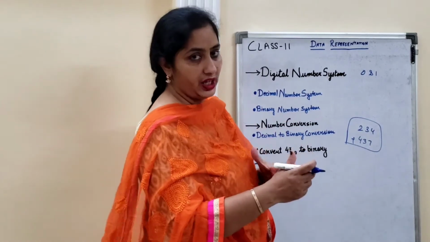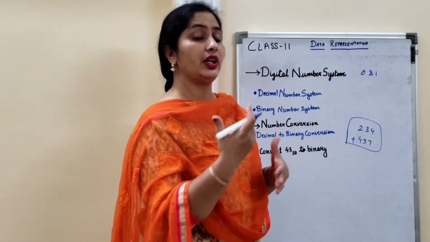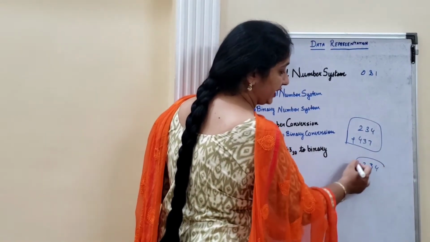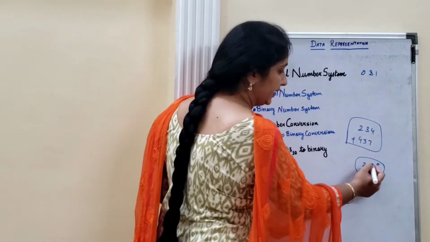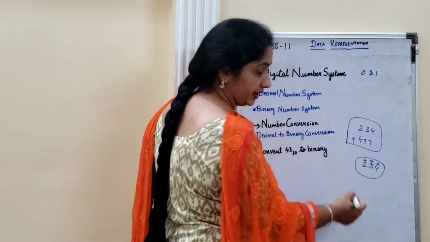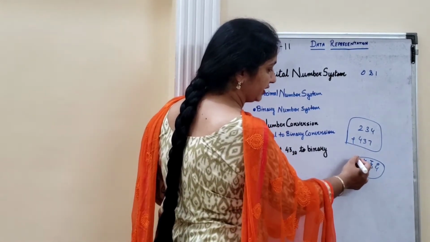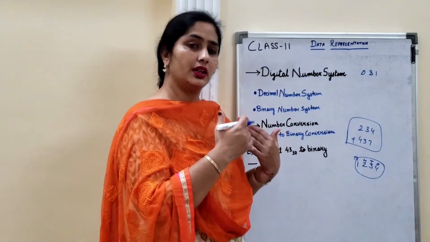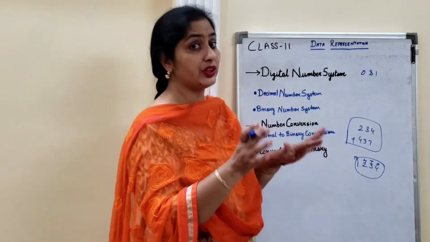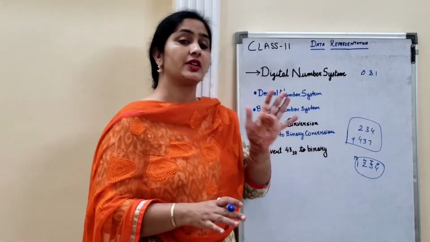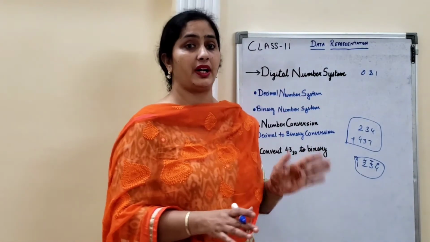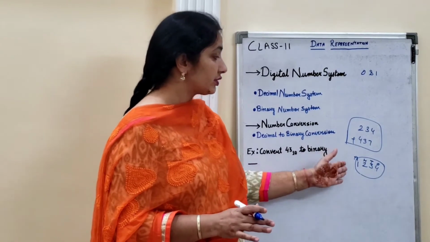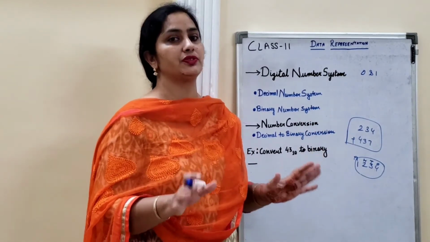Now when we are writing any number, as you are all very much aware of mathematics, this will be the ones, this is the tens, and this is the 100. If I add one more digit here, this will be the 1000, and so on, 10,000, then lakh, 10 lakh. You are all familiar with the number system. The same number system which you follow in mathematics, we are following in computer as well. This is called the decimal number system, the normal numbers which you have.